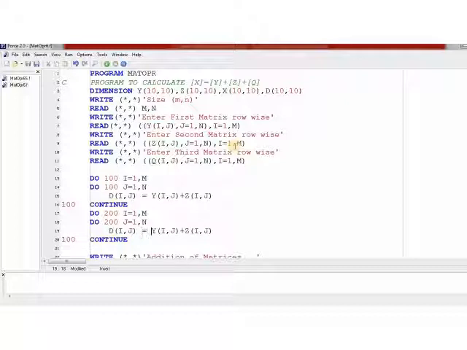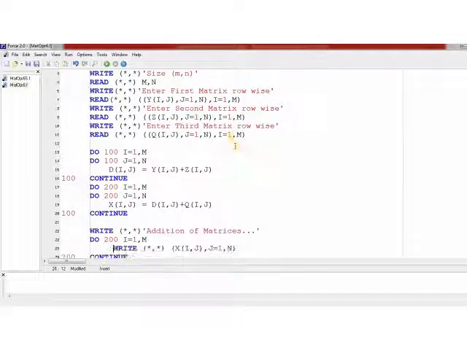Here I'll be using D and Q to calculate X, and then I have to display this part, which is the addition of matrices.